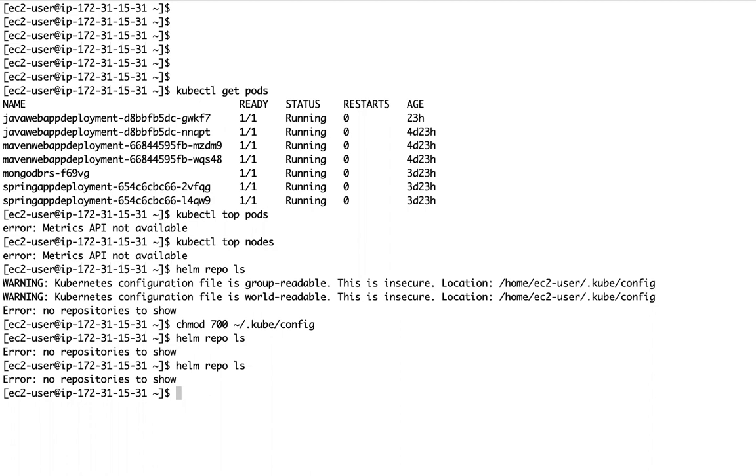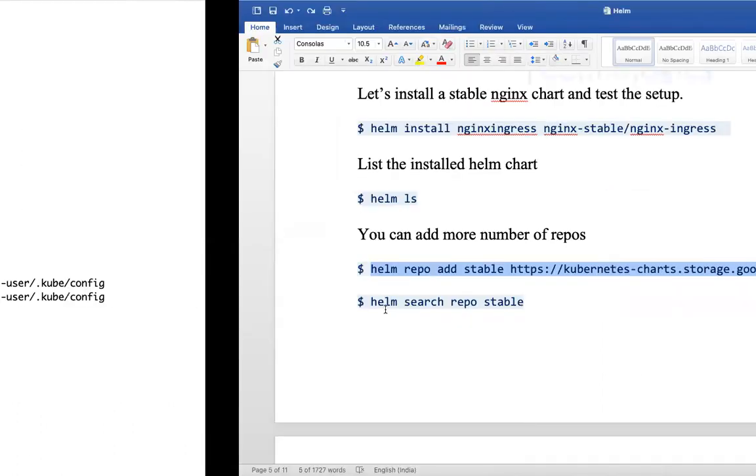I can add a repository, something like this. Let me add helm repo add. I'm giving something like this, stable. I can give ABC also here. Okay, I'm giving the repository name as stable. This is the repository URL. I think this URL has changed recently. Let me see.